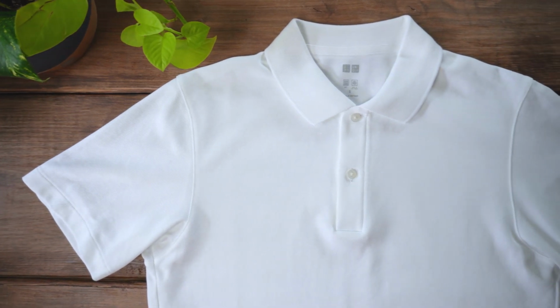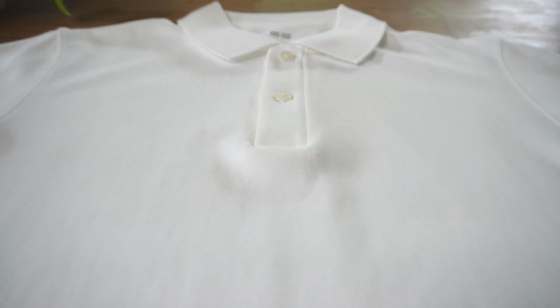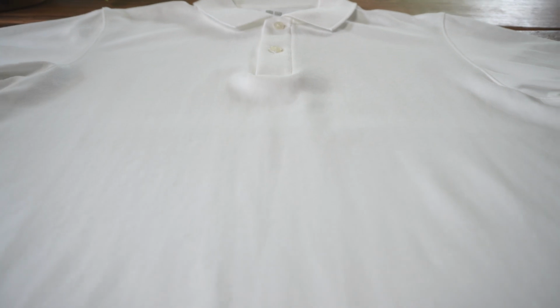Now let's talk about the value for both polos. For $30, Uniqlo makes one of the best constructed polos for a fast fashion brand. And that AIRism fabric is something that you won't find from any other brand. As I was making this video, Sunspel's price went up another $10. A month ago, I bought this polo for $145. It is now